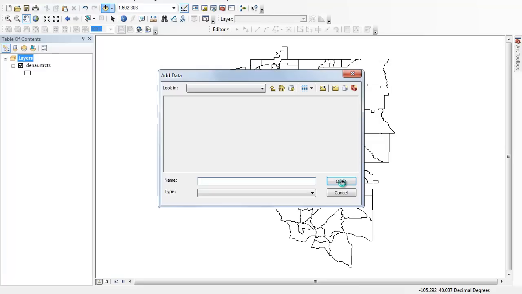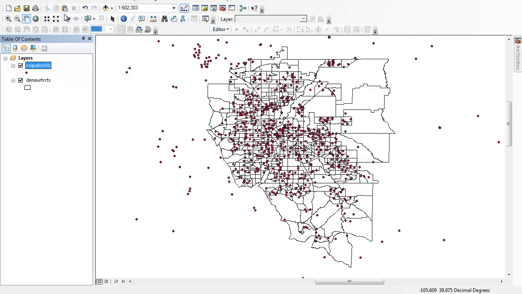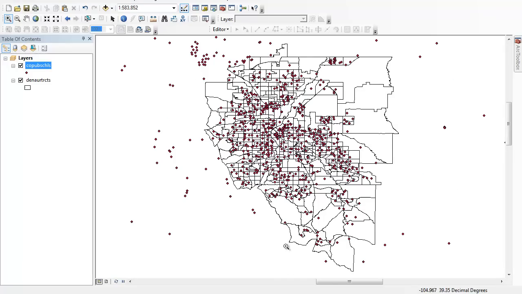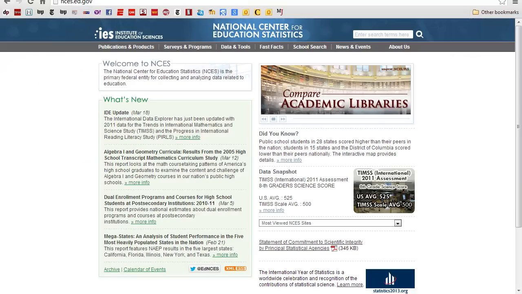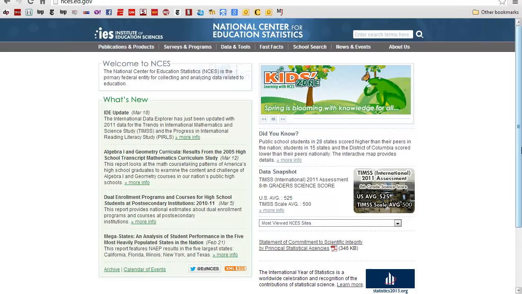One of the things I'll do then is bring in Colorado Public Schools. This is a shapefile of all schools in Colorado. And again, if I zoom out, you see there's the public schools in Colorado. But obviously I only want the ones inside of my shapefile here. And where did I get that data? I got the data on public schools from the National Center for Education Statistics. They have a system by which you can download information on